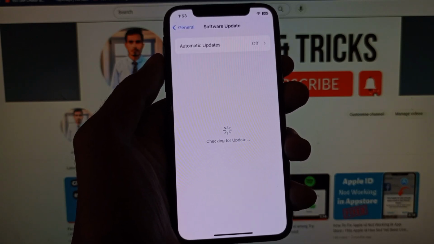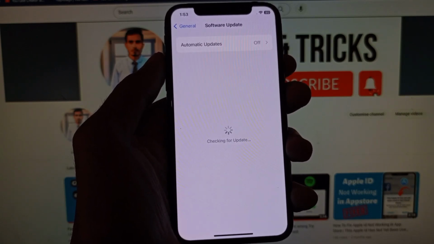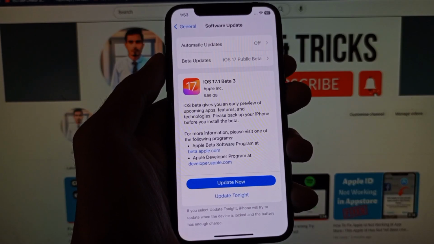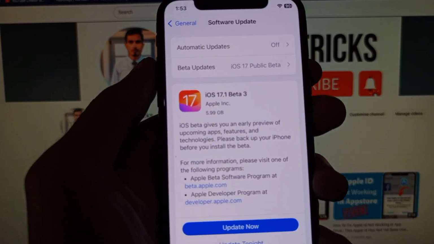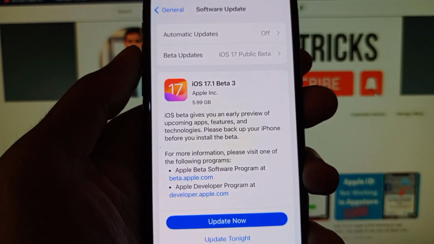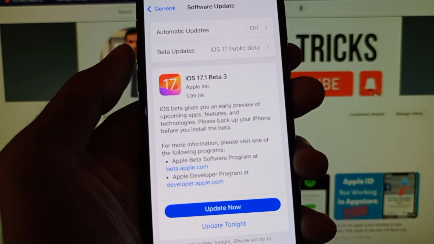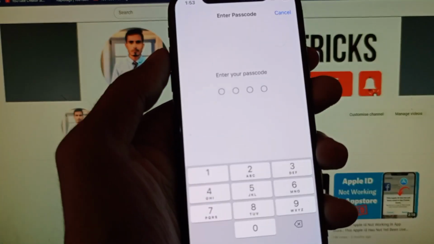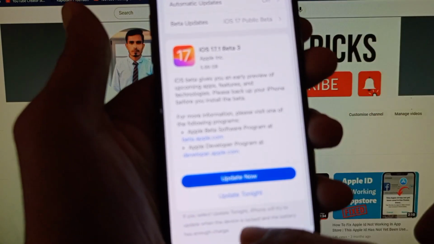make sure that you have updated version of iOS. So guys, if you are using an older version of iOS on your iPhone, then guys simply you need to update your iPhone to the latest iOS version, click on update now, and guys after doing update your problem will be